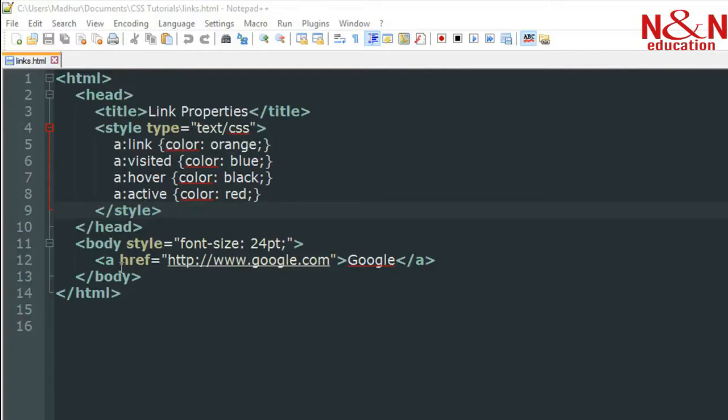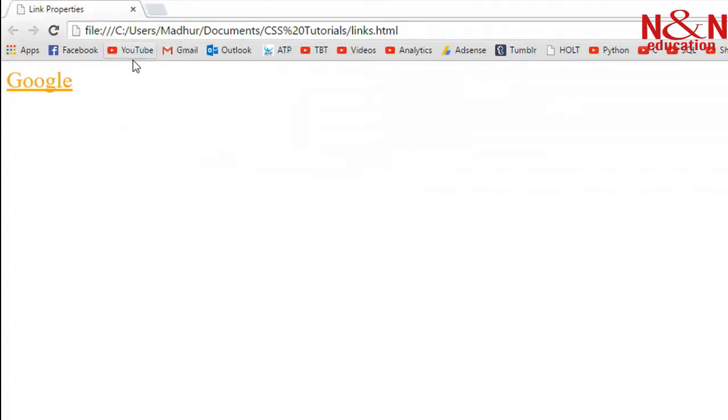And then I've got an anchor tag, and it's basically going to link this text with this URL, and I'm just redirecting to google.com, and the text is Google. So if you would open this page in the browser, you would see something like this. So I've got the text Google, and we're going to see the properties that have been applied to this text,